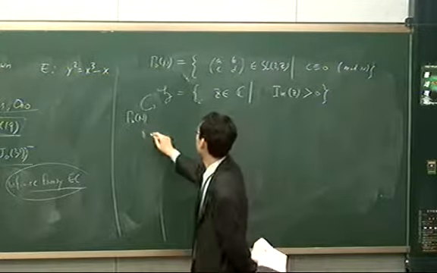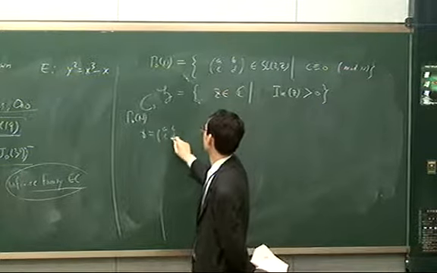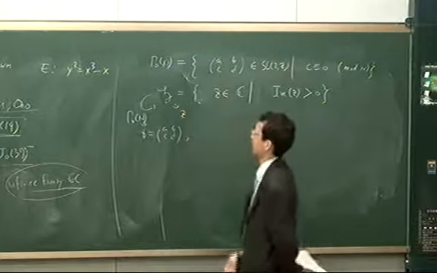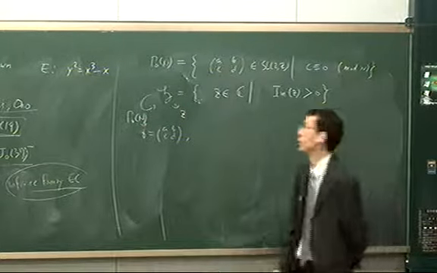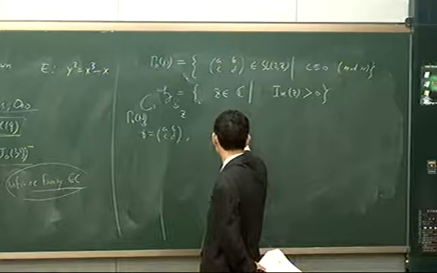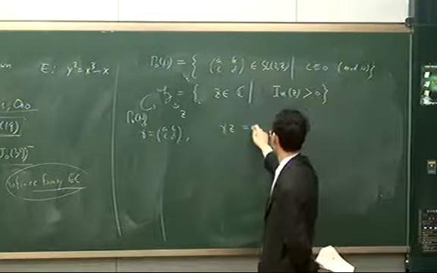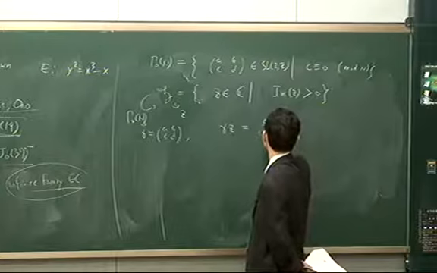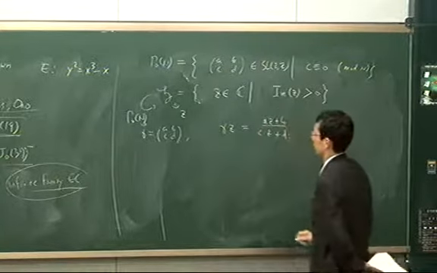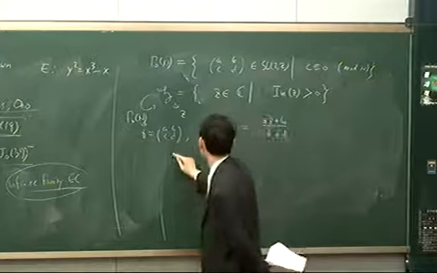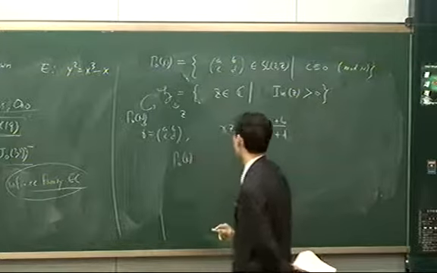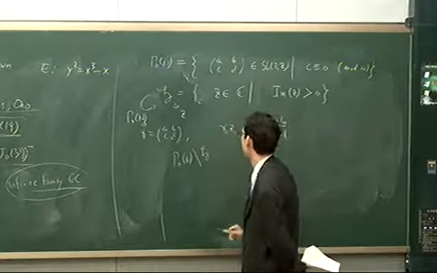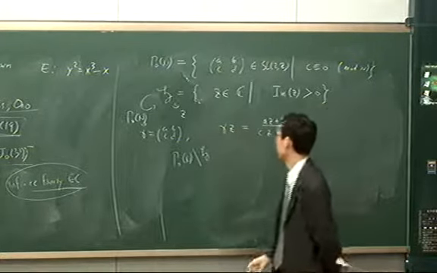So let gamma be (A, B; C, D) and z an element of the complex upper half plane, and gamma acts on z by Möbius transformation. For this action, we denote the quotient space Gamma_0(N) backslash H,